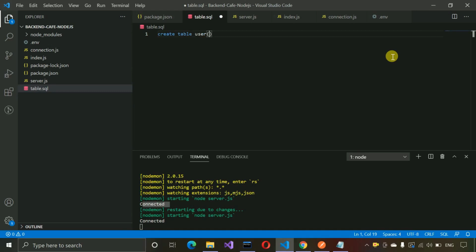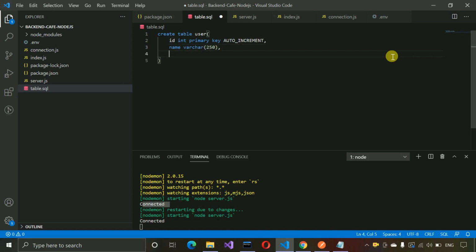So user id int primary key, and it should be auto increment, and after that name varchar, and here we have to write 250,